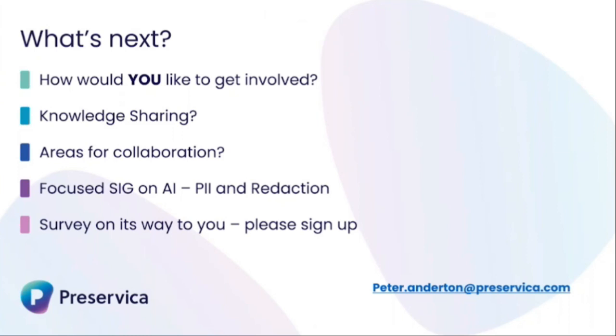How would you like to get involved? Is it knowledge sharing? Is it you sharing the information? Let's work as a special interest group. Where can we collaborate? There will be a forthcoming SIG, special interest group. Being in IT, we do like calling it three-letter abbreviations. And this SIG will be on PI and redaction: how do we go from a document and make it a confidential document, as John says, linked, but an asset in its own right? The survey will be on its way to you today or tomorrow, and one of the questions will be which of these you want to get involved in, and how do we best work to get that?